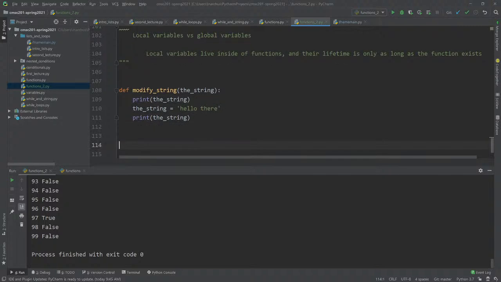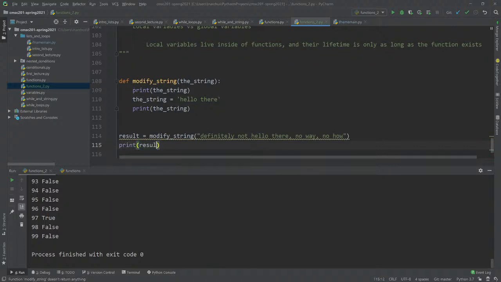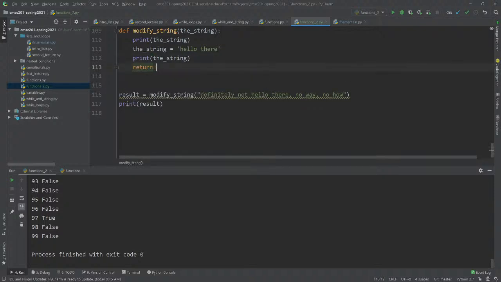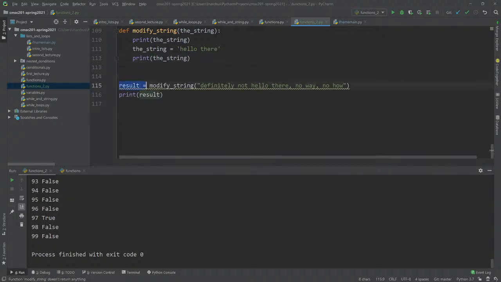And then here we're going to say modify string, definitely not hello there, no way, no how. And we'll say result is equal to this, and then we'll print out the result. Okay, so here's the first example of, what's the problem here? Oh, it doesn't return anything.